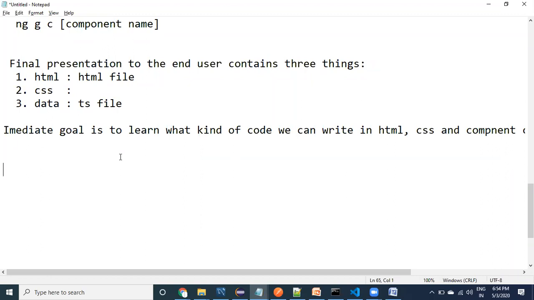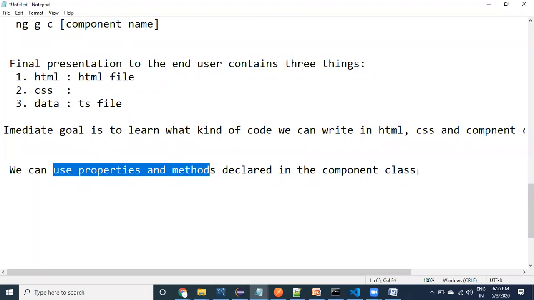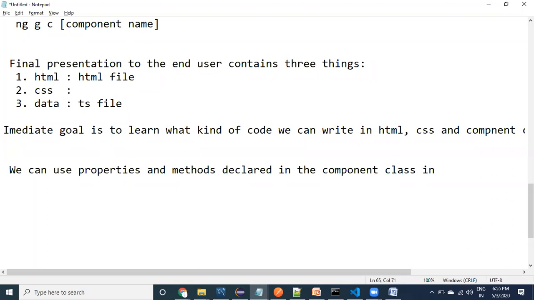Let me note this point down: we can use properties and methods declared in the component class, in the HTML file.